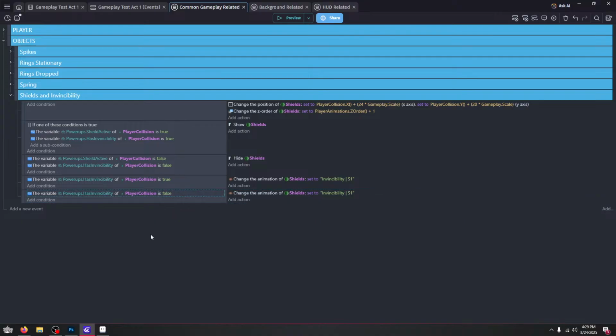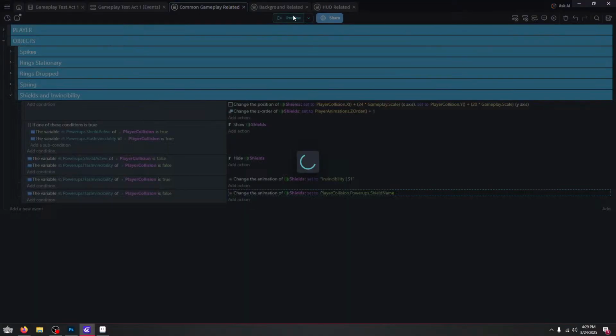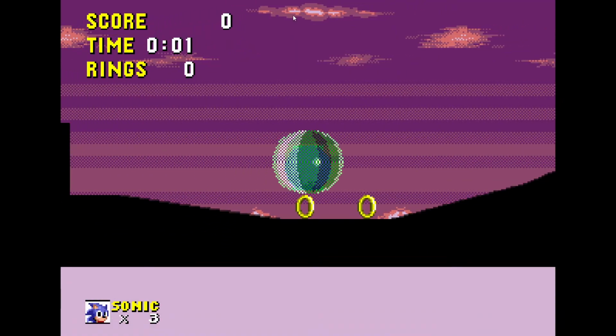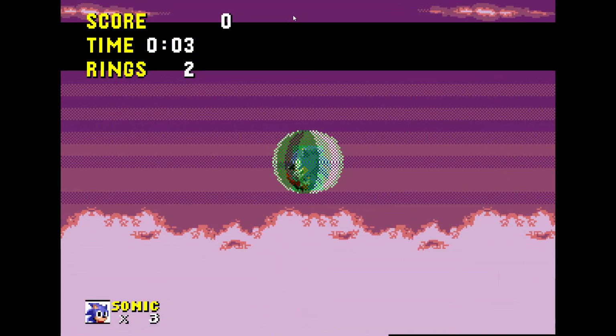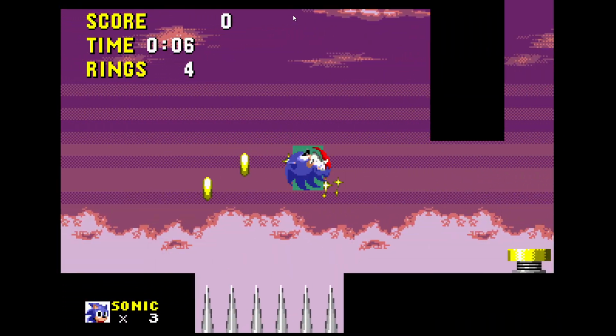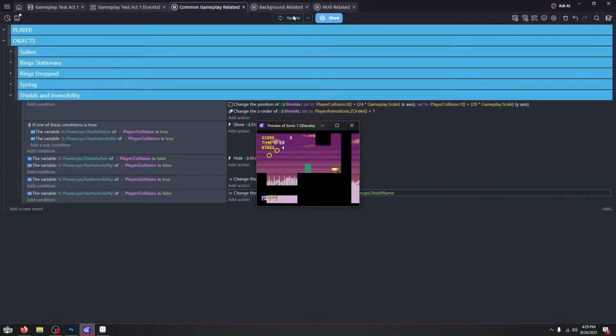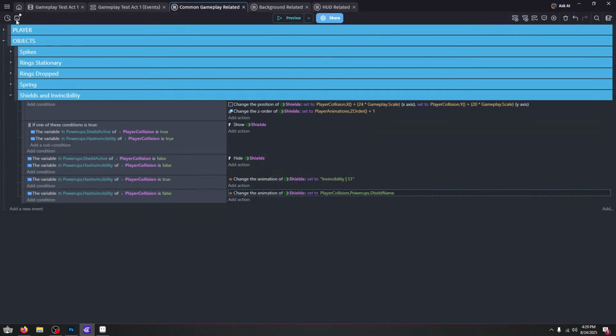If this is false, set it to player collision power-ups shield name. There we go. So it is shield name. We get hit, we don't have a shield. But if we were to go